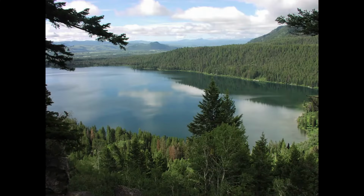Number 2, Phelps Lake via the Lake Creek Trail. So the Lake Creek Trail is one of the newer trails in Grand Teton. It starts from the Laurance Rockefeller Preserve, which is located in a slightly more rural area of the park, but it's a beautiful area, a great trail to get to the shoreline of Phelps Lake. Phelps Lake is a beautiful natural alpine lake. You've got gorgeous views of Death Canyon from here, and it's really just a nice trail through the forest to